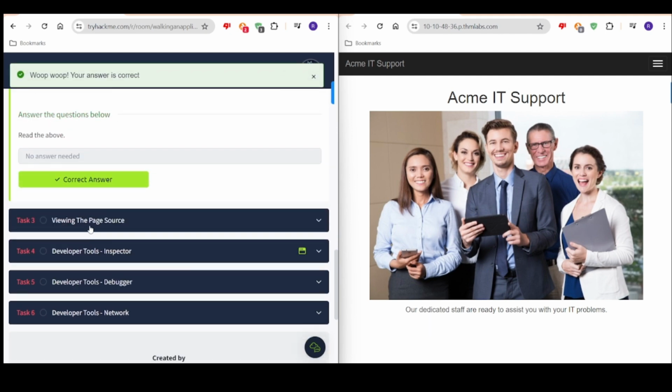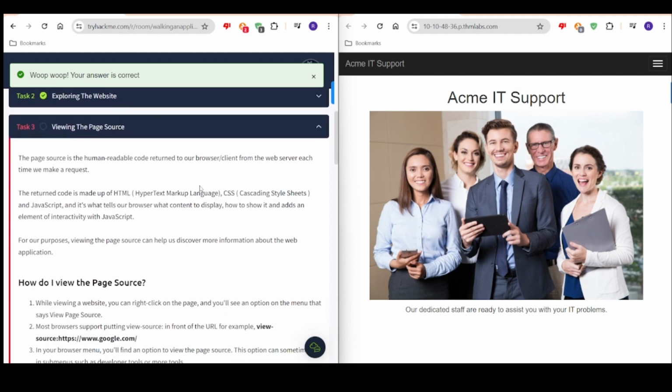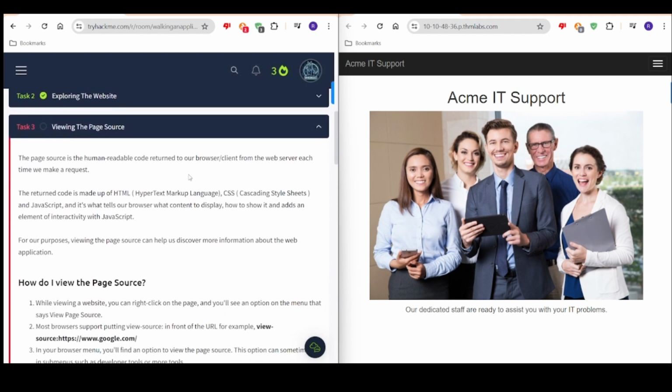And task number 3, viewing the page source. So let's go ahead and read through here. That's what they got for us here. The page source is the human readable code returned to our browser client from the web server each time we make a request. The return code is made up of HTML, hypertext markup language, and CSS, cascading style sheets, and JavaScript. And it's what tells our browser what content to display, how to show it, and adds an element of interactivity with JavaScript. For our purposes, viewing the page source can help us discover more information about the web application,